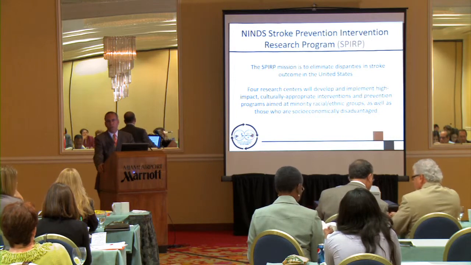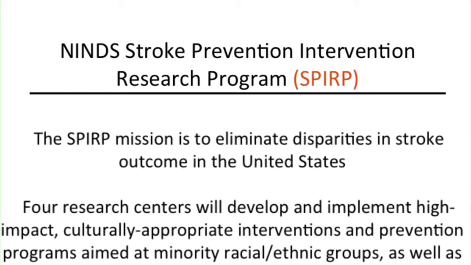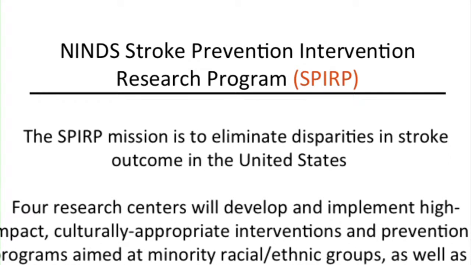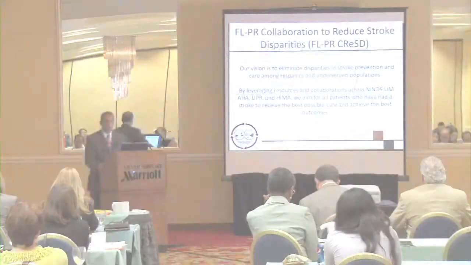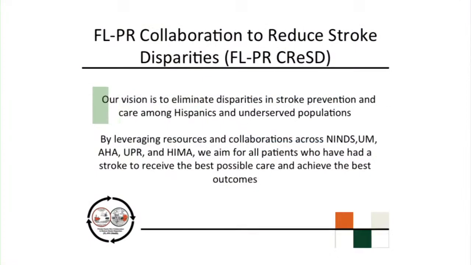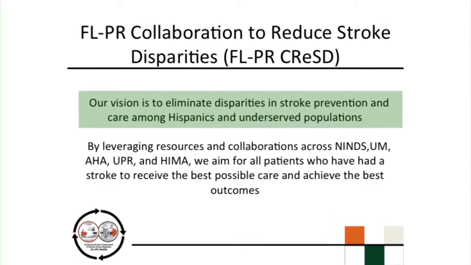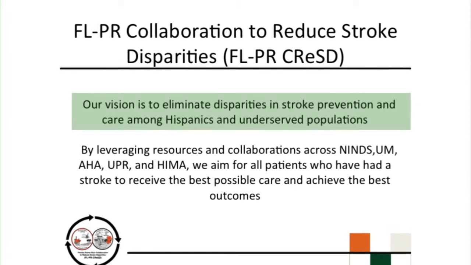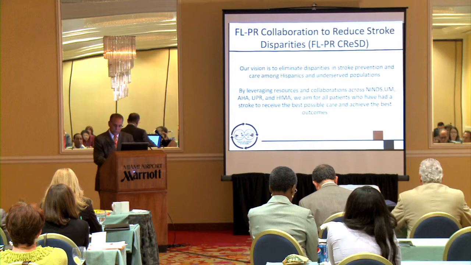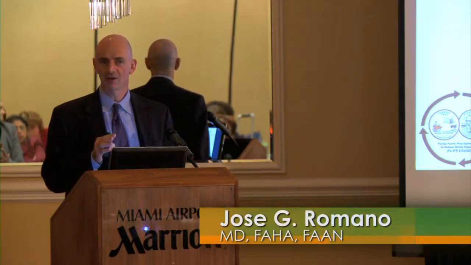We are part of a larger effort called SPIRP, the Stroke Prevention Intervention Research Program, and the mission is to eliminate disparities in stroke outcome in the United States. The goal of our Florida-Puerto Rico collaboration to reduce disparities is to eliminate disparities among Hispanics and other underserved populations. We're working as a collaboration as we aim to hopefully have all patients with stroke receive the best possible care. I must say that there is very little data out there, and hopefully